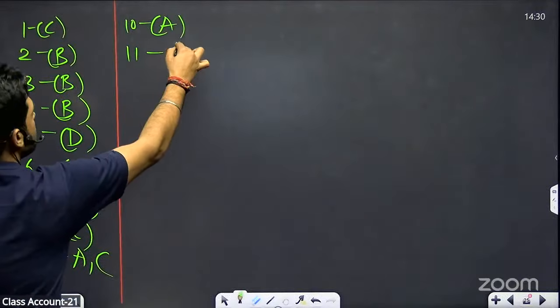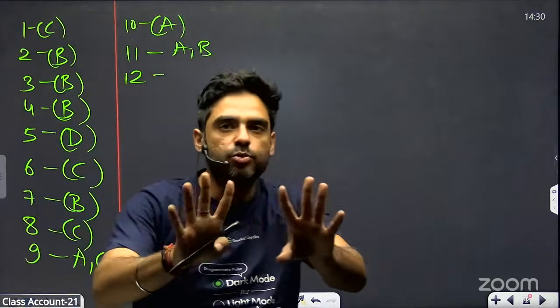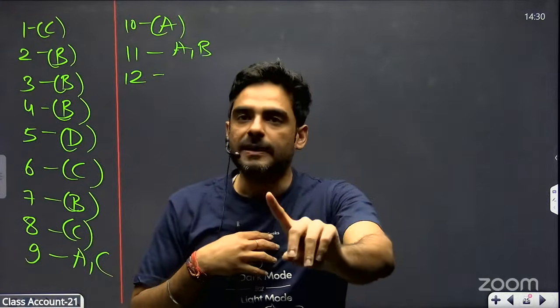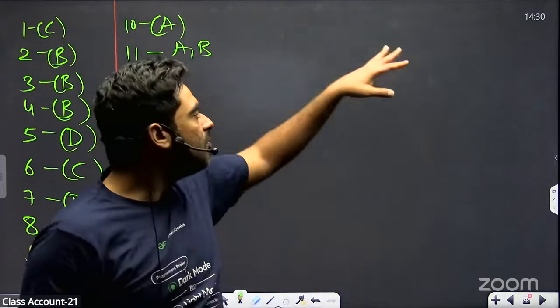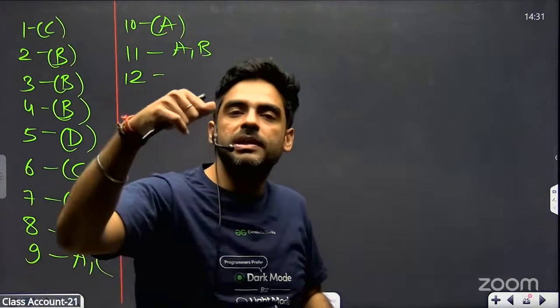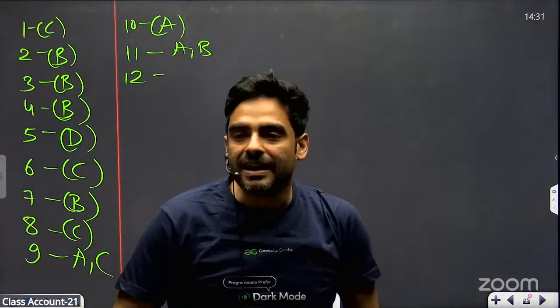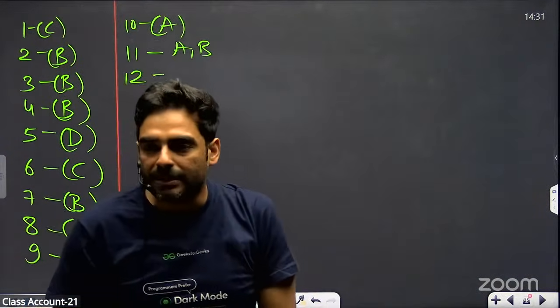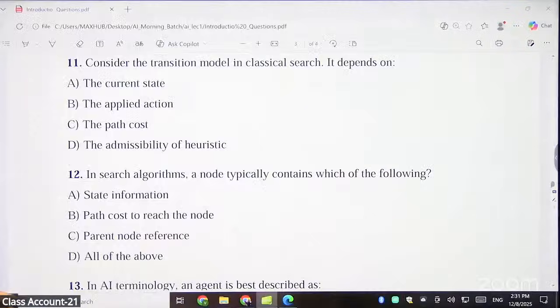Okay, so 11th, A and B. Okay, so guys, such questions don't come in GATE. I agree, such questions don't come in GATE. Give me five more minutes. Once these terms are clear, I will start today itself with the search problems. Those are 100% going to come, so just give me five to ten minutes. Okay, I agree, such questions don't come, no problem.